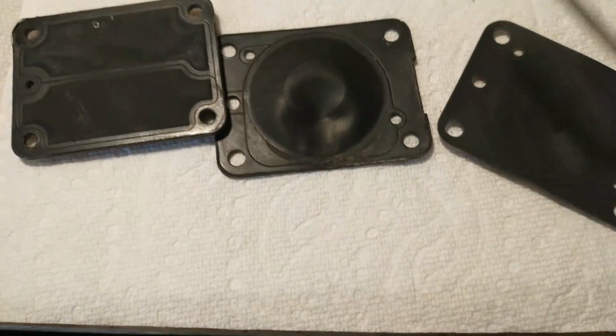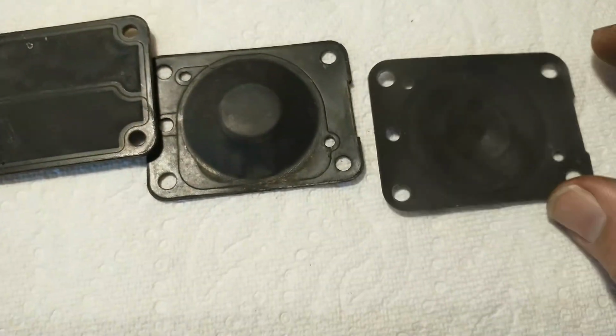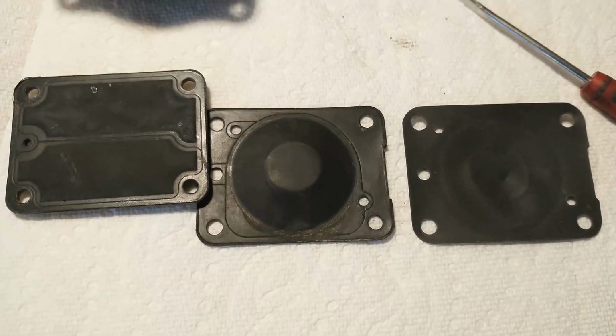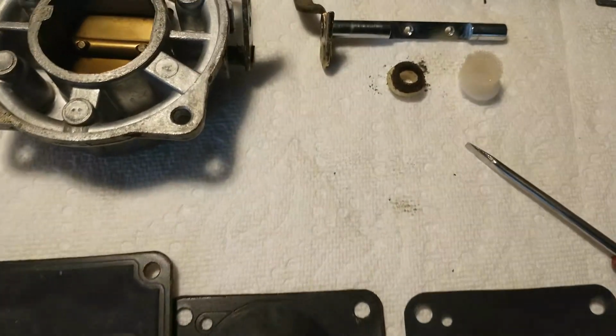So there's the original one. You can see this one's still supple. It ran okay, but here's the new one. You can see how much more supple that is. So we'll put that carb back together with a whole new set of gaskets and diaphragms. Be a lot happier carburetor. And another overlooked part